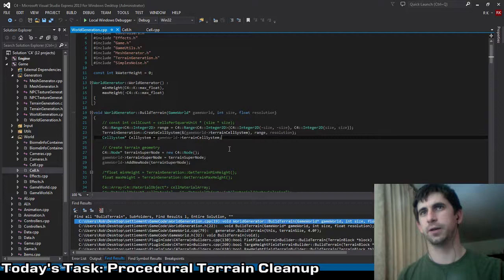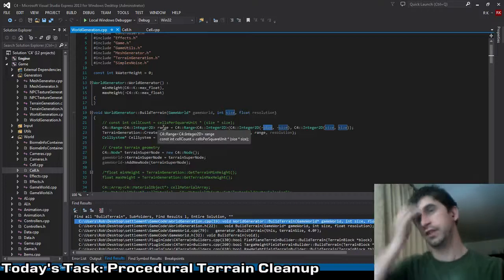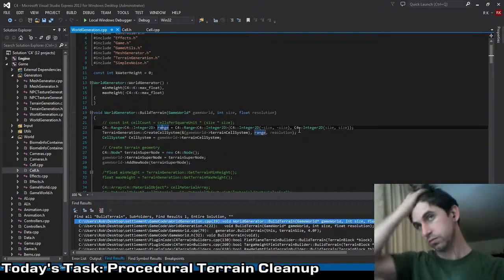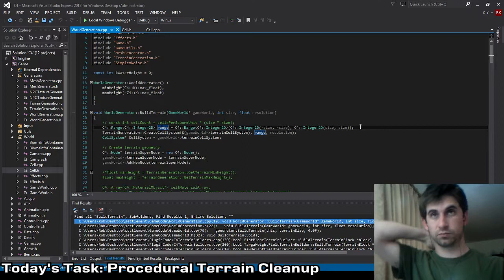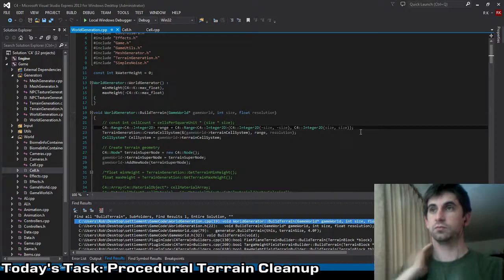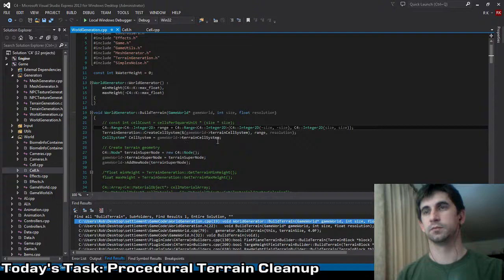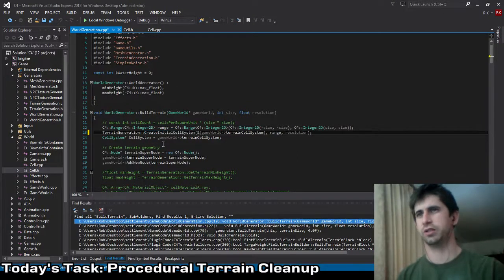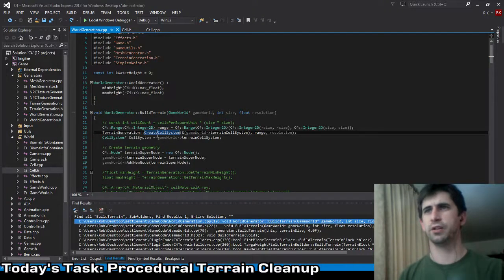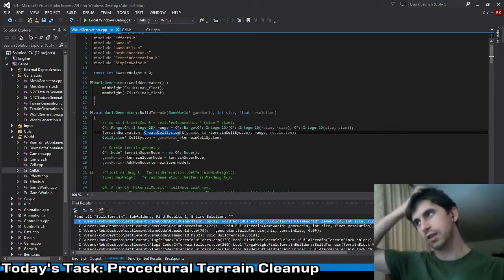Let's think and work our way through this. Everything's coming in sizes. Good. This range... Yeah, this should be fine. We'll call this something like create initial cell system, maybe? Or we'll find a new way to name this just so it works better, because it's not creating the entire